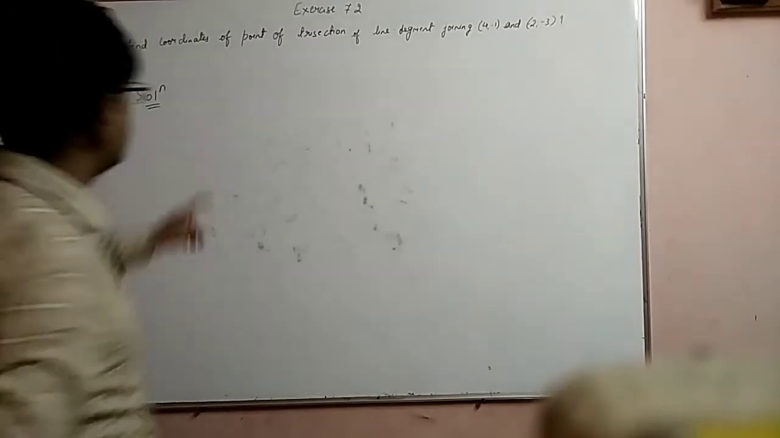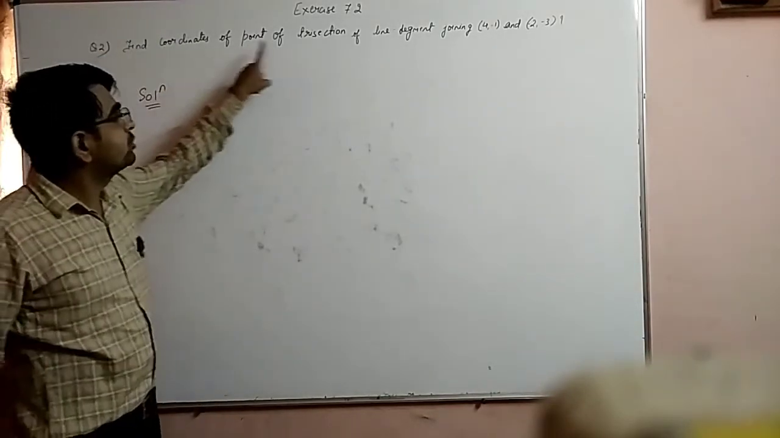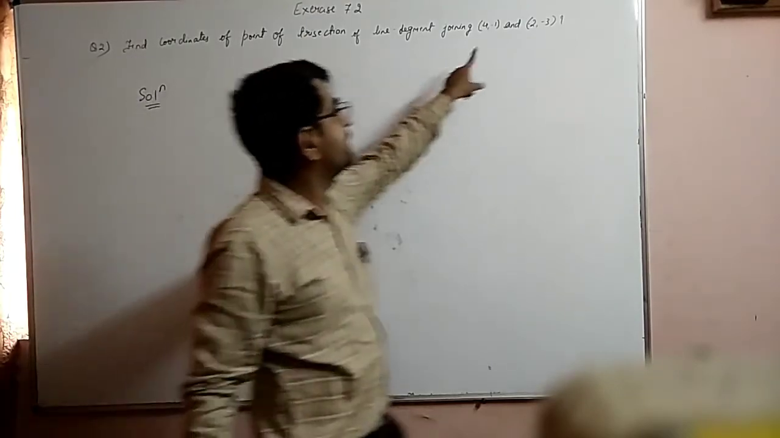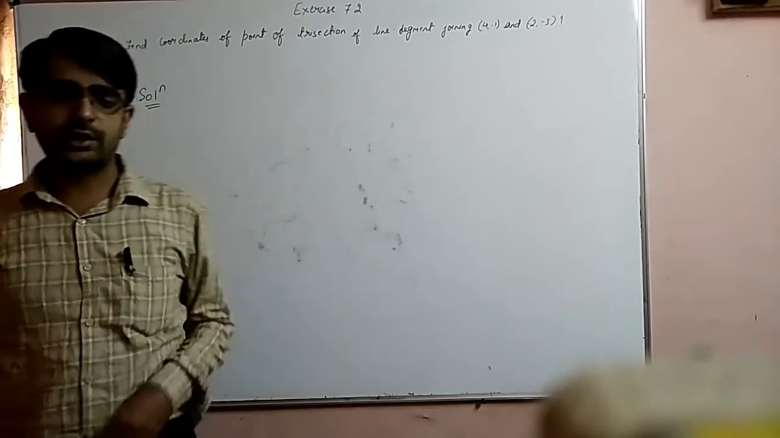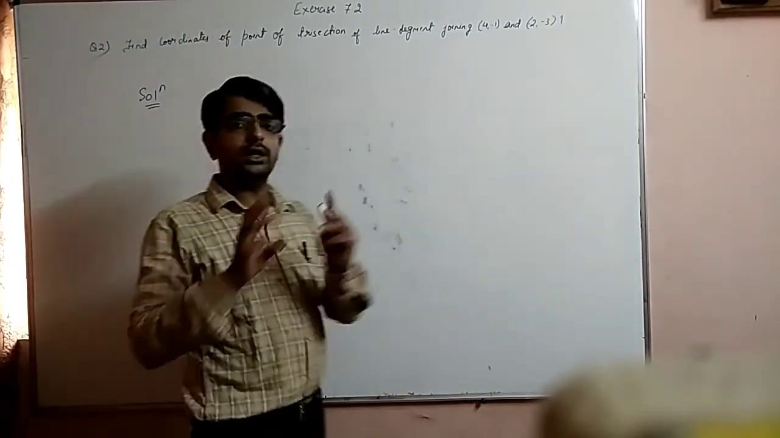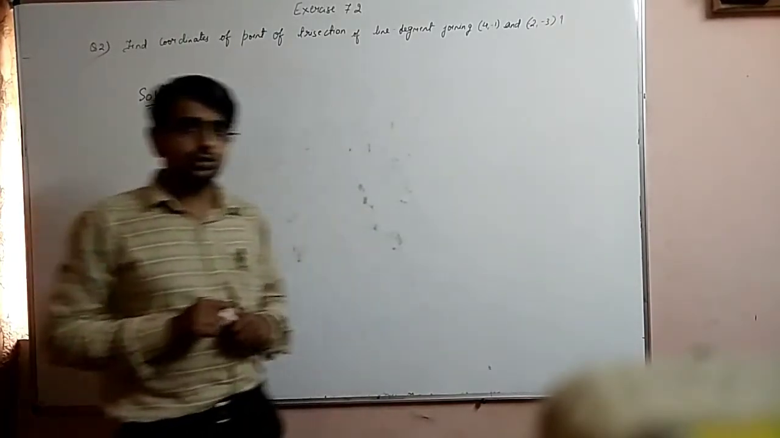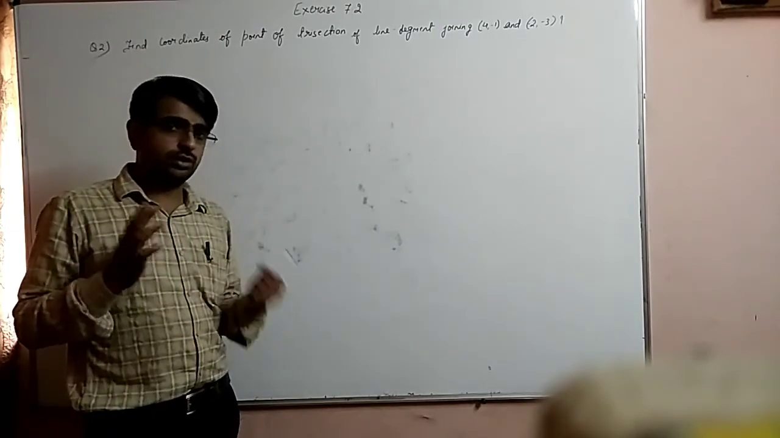So now see question number 2. Find the coordinates of the points of trisection of the line segment joining (4, -1) and (-2, -3). Now see what is trisection. Trisection means in 3 equal parts. So if there are 3 equal parts,